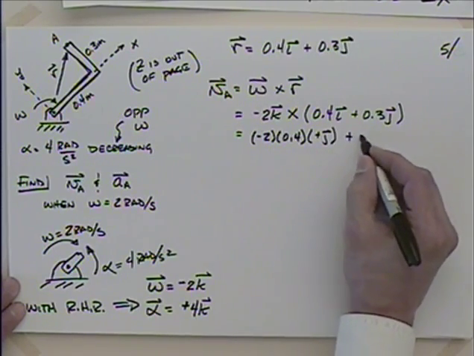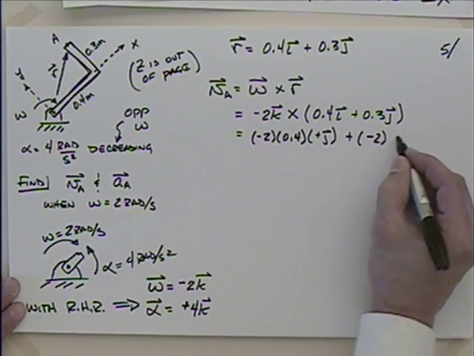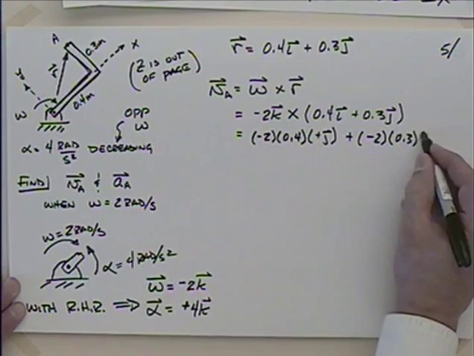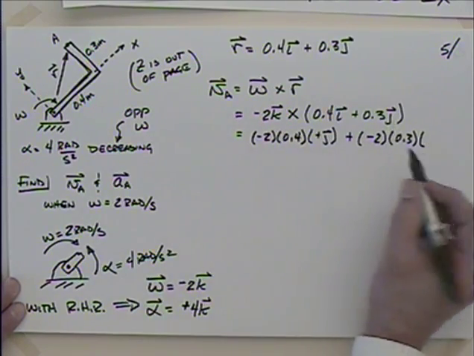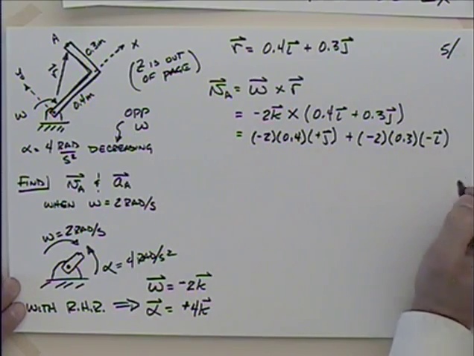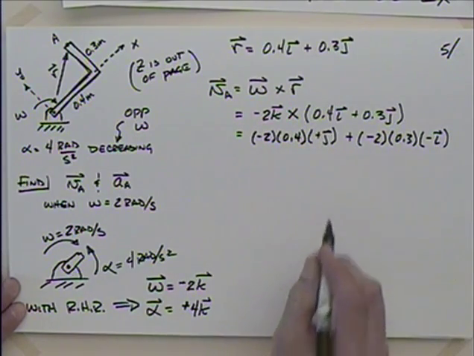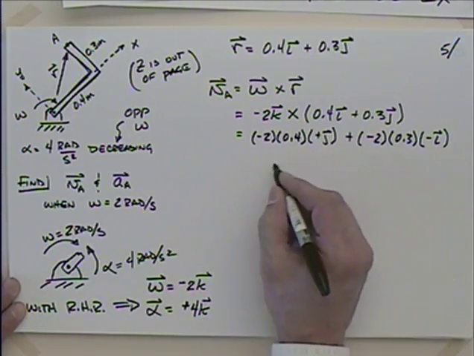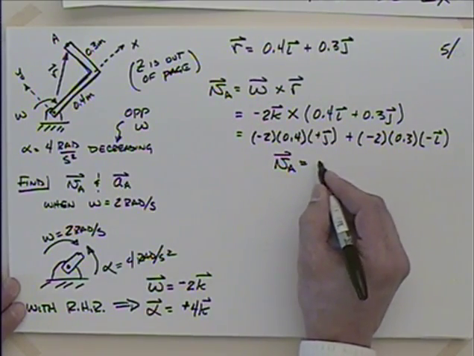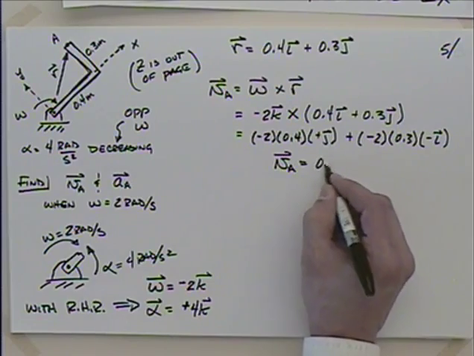And then I'm going to add to that minus 2 times 0.3. And then what do I have for k crossed with j? Minus i. Okay. So when we get through that, I have that the velocity of A is equal to positive 0.6